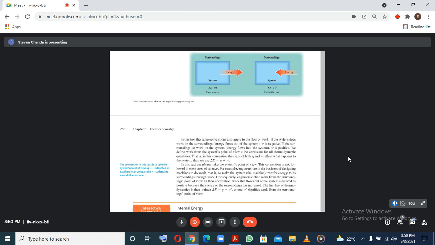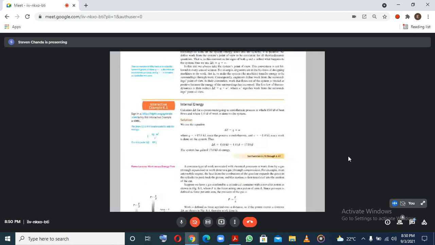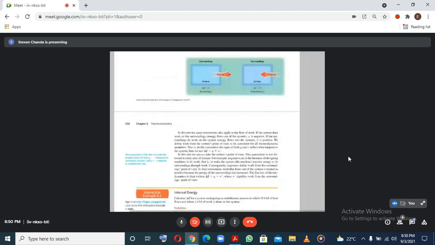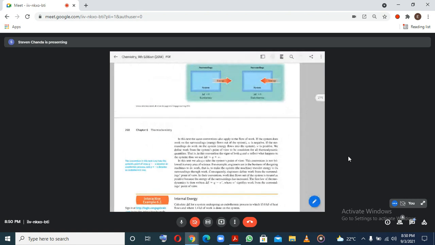Tomorrow we'll look at examples and we would have kickstarted our thermochemistry journey. So the convention in this text is to take the system's point of view, where Q minus X denotes an exothermic process and Q plus X denotes an endothermic one. So that's pretty much about those particular